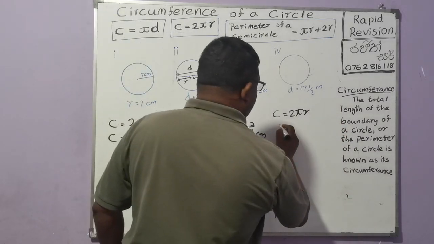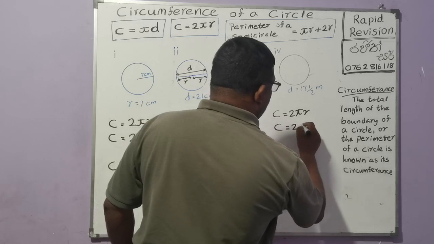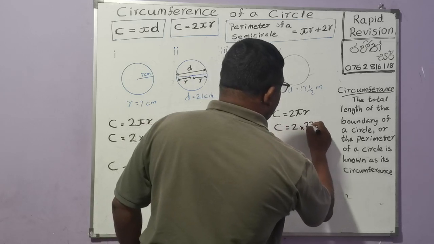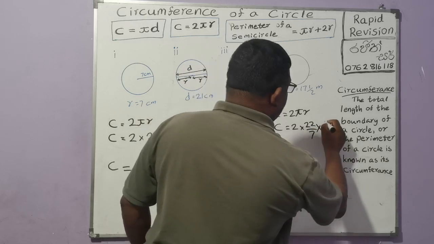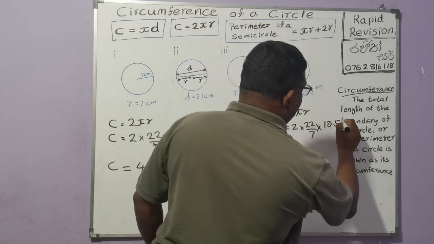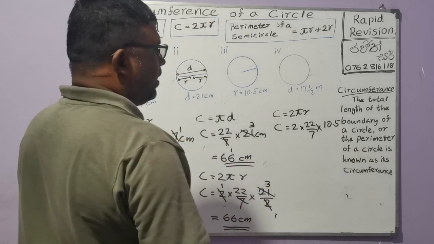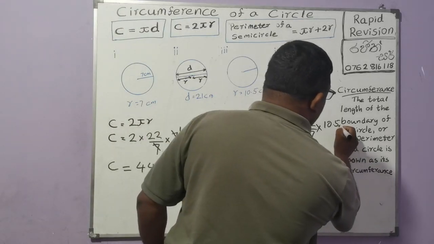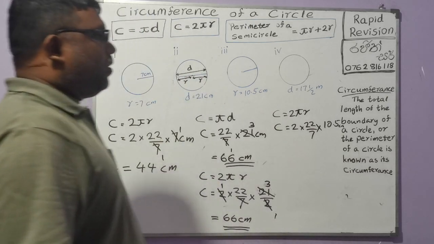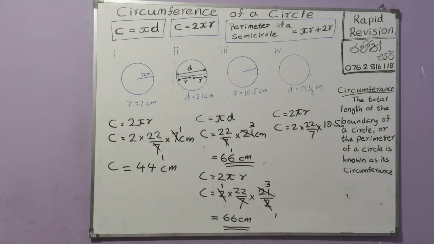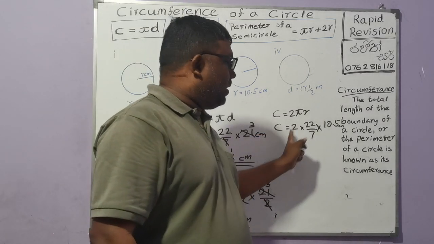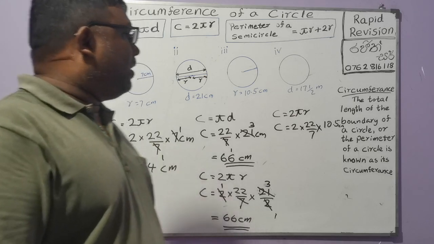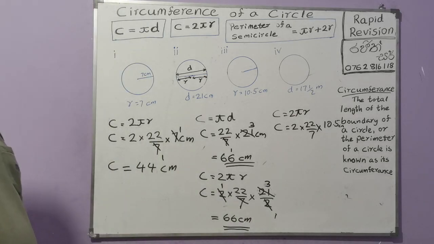Then you can use C equals 2 multiplied by 22 over 7 multiplied by r, 10.5 centimeter. Even with these numbers you can calculate it, but